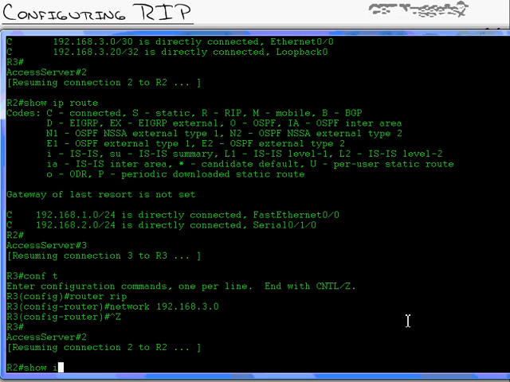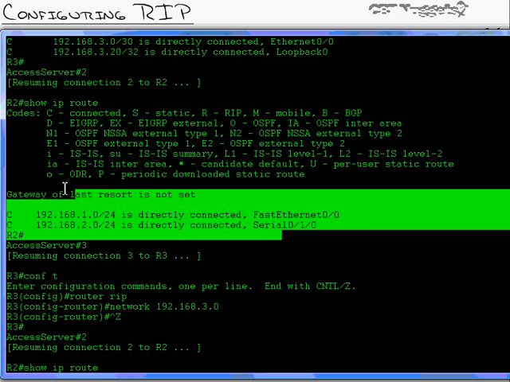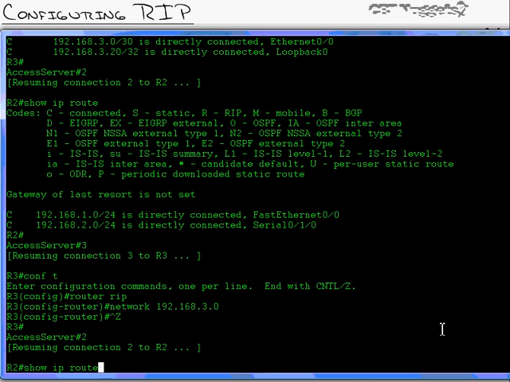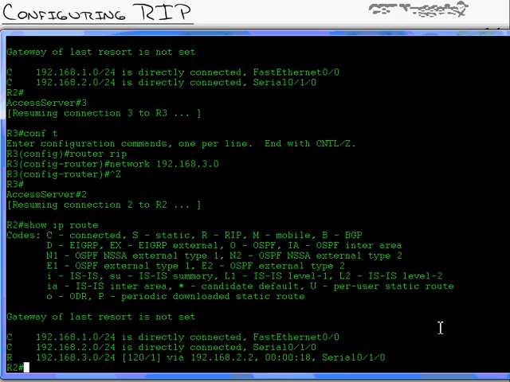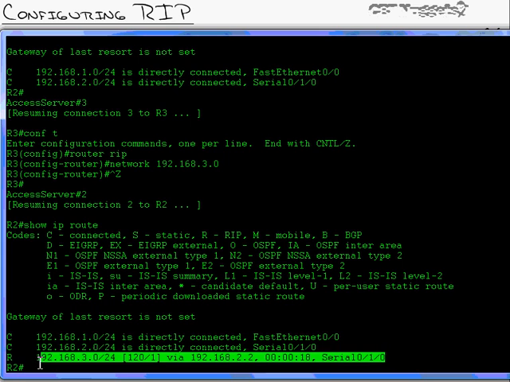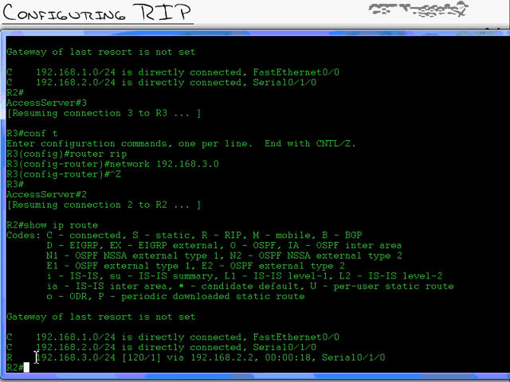And now I'll do the show IP route again. Now notice, right up here, we saw before there were no RIP routes. Now I do a show IP route. Look at that. We now have a RIP route that has appeared to the